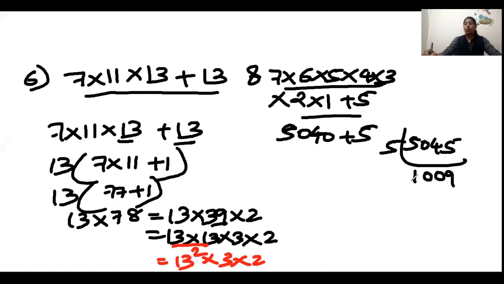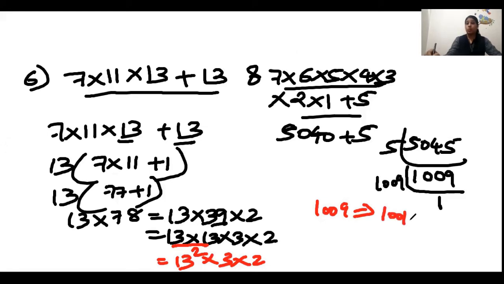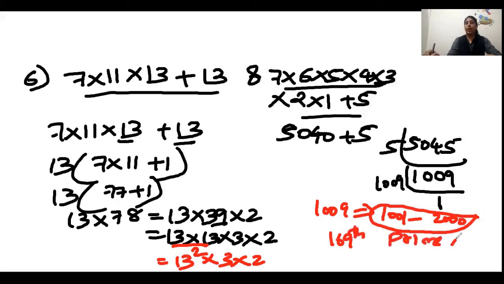5045 divided by 5 is 1009. You know what is the peculiarity of this number 1009? You check whether you are getting it in factors 7, 9, 11, 13, 17. If you continue also, you will not get. The only factors are 1009 and 1. 1009 is the first prime number between 1000 and 2000, and it is the 169th prime number. Keep this in mind, anytime it can be asked in any MCQ. So this is the speciality of 1009.